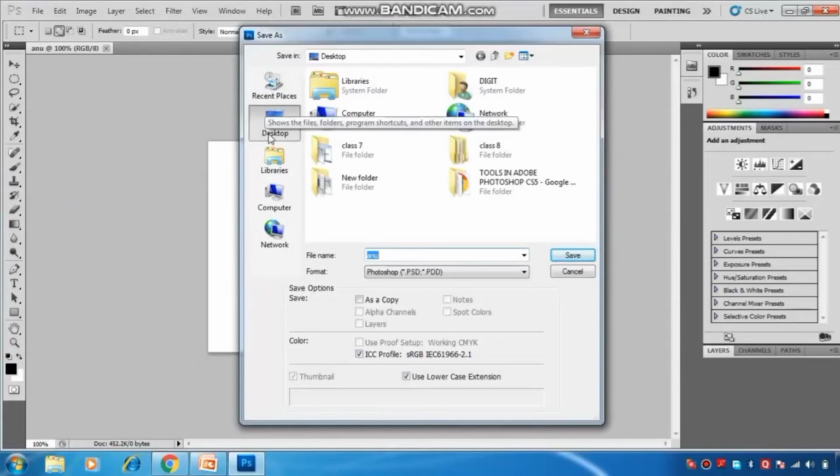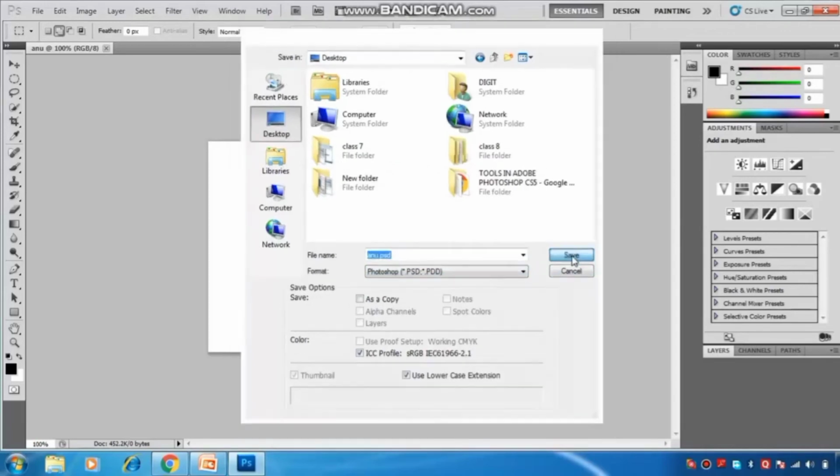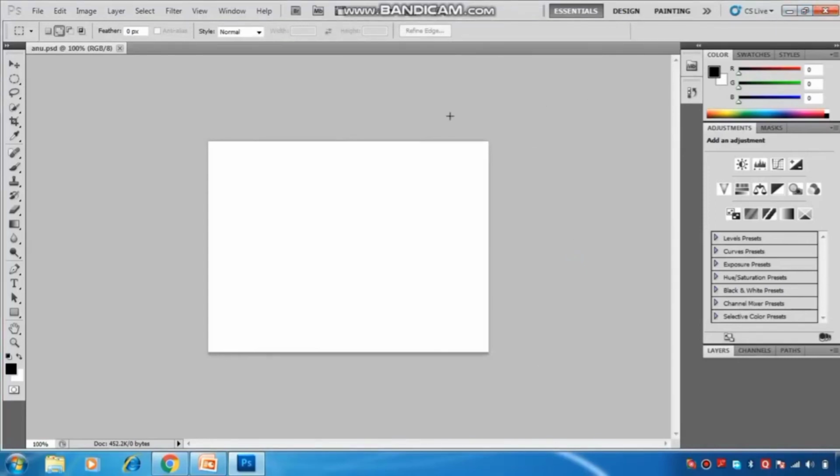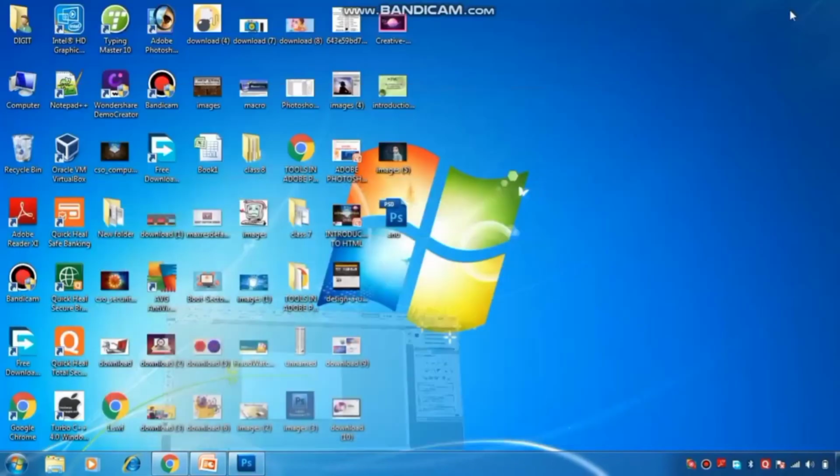Okay, just like this. Here you can select the area or the place where you want to save your file in your computer. Okay, so suppose I have to save my file on the desktop, then I have to select the desktop, and here I can change the name of my file, or I can write the name of my file and click on the save button. Okay, so these are the steps through which we can save our Photoshop file. But one thing which you have to keep in your mind, the Photoshop file by default saves with the .psd extension. Okay, extension defines the type of the file.